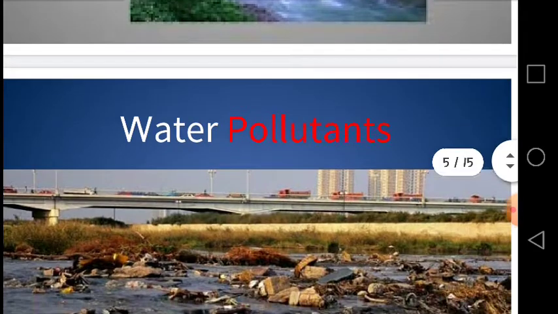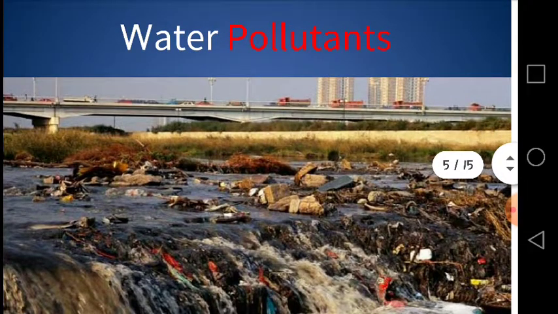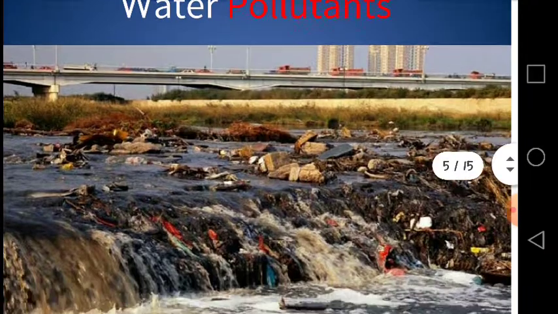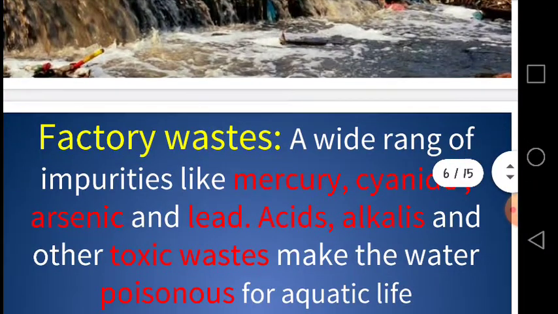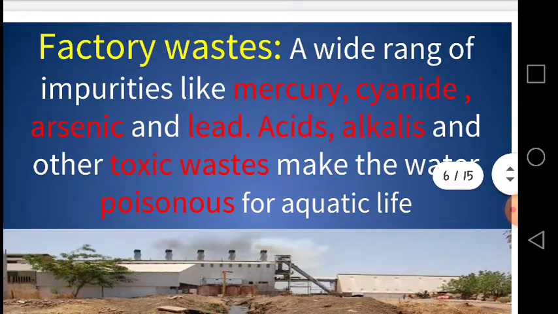What are these water pollutants? We are going to focus on this. Any substance, as I have discussed with you, which is present in the water and harmful for life is called a water pollutant. First of all, we are going to focus on the factory wastes. A wide range of impurities like mercury, cyanide, arsenic and lead, acid, alkalis and other toxic waste